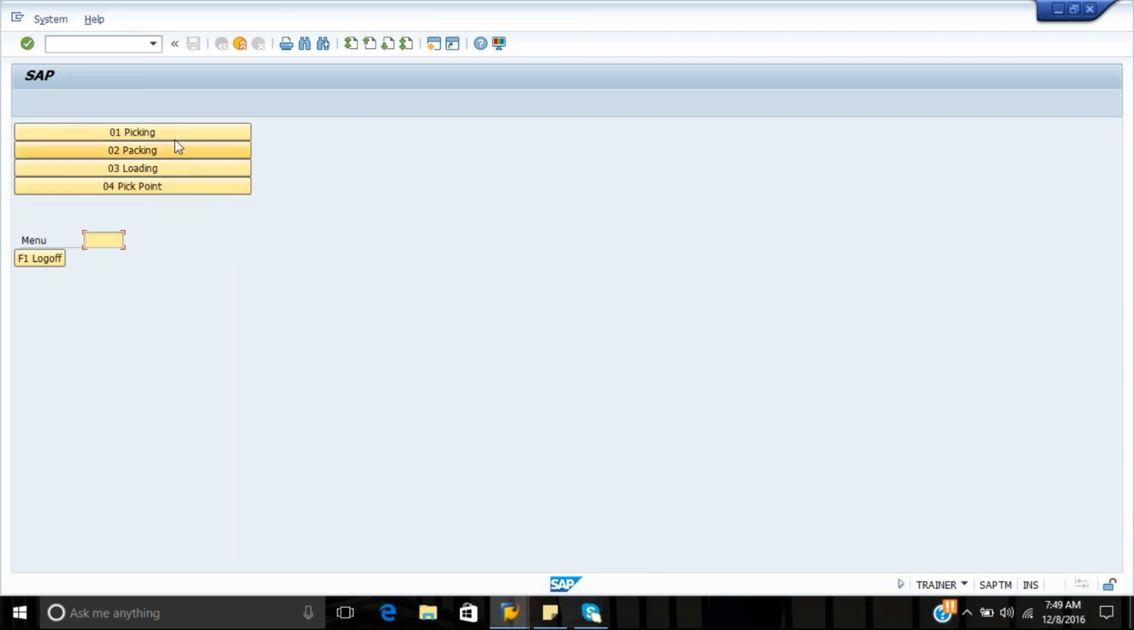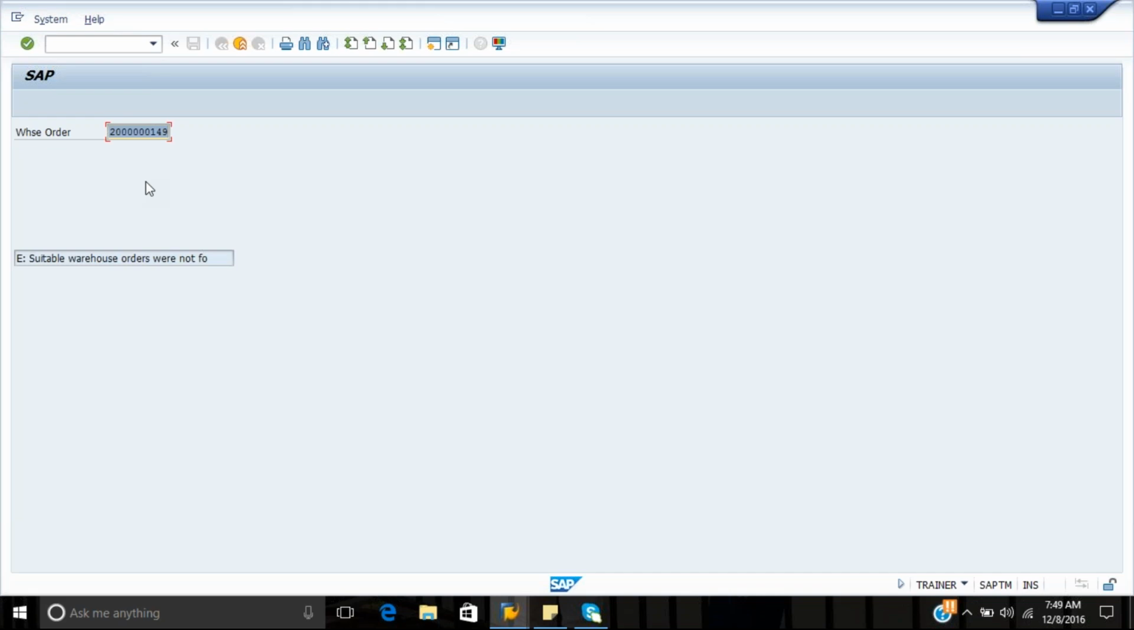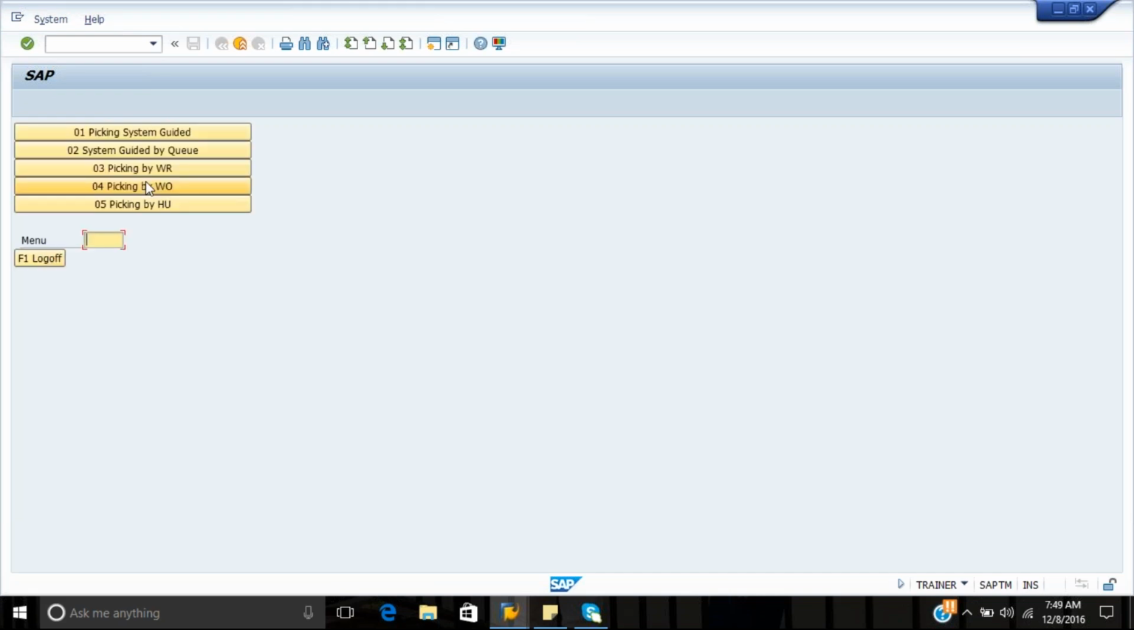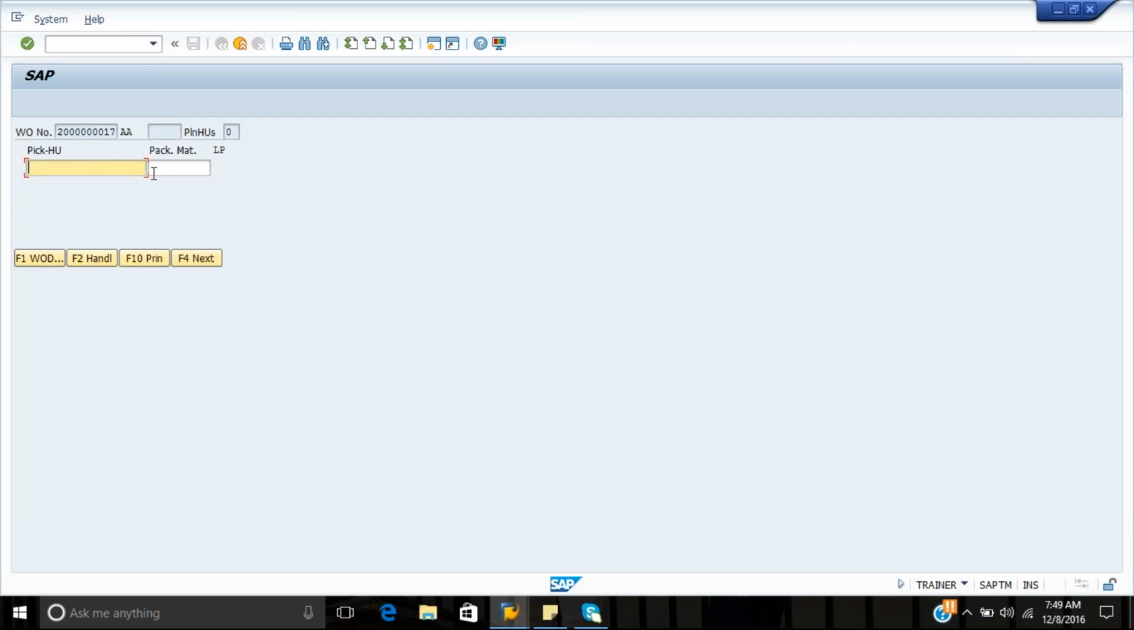Outbound process, picking by warehouse order. It looks like some system bug, it's not picking up. Let me try by... Okay, let me take some other order which is available. So here you can see, the system has just one HU here. Okay, so